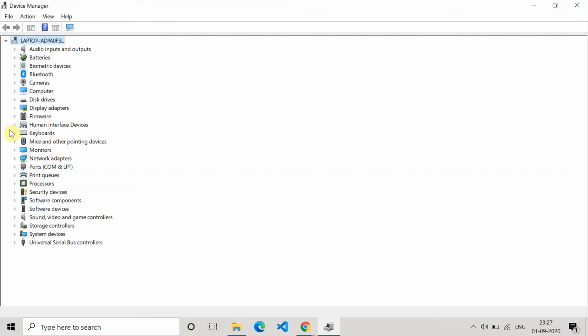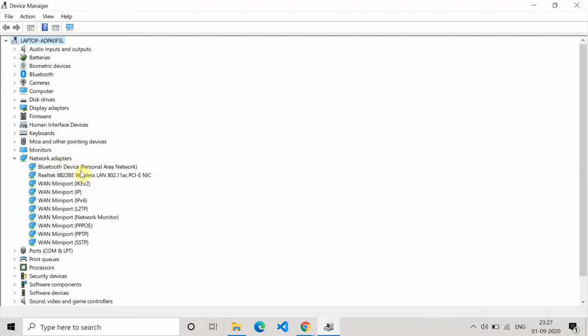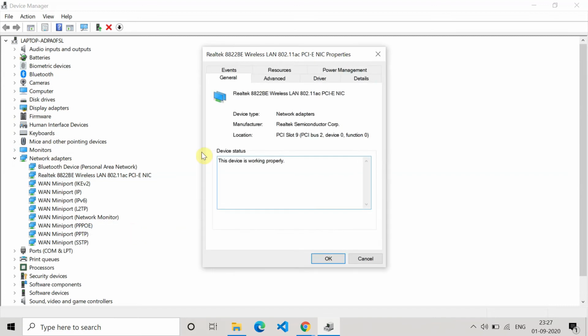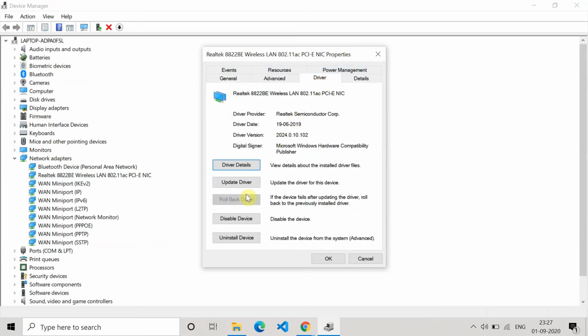Now just remember which device you have updated last. Go to that device, click on properties and then go to the driver tab. Here you will find the roll back driver option enabled. Click on roll back driver and try to roll back the driver update to the earlier version.